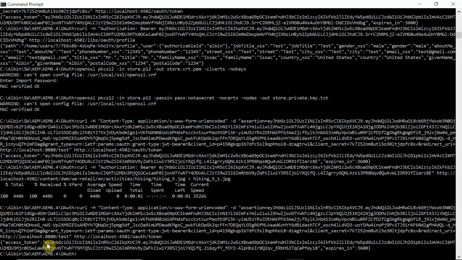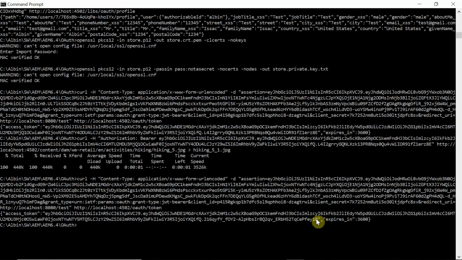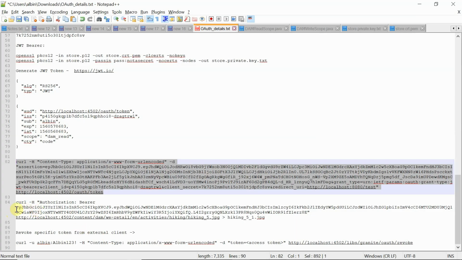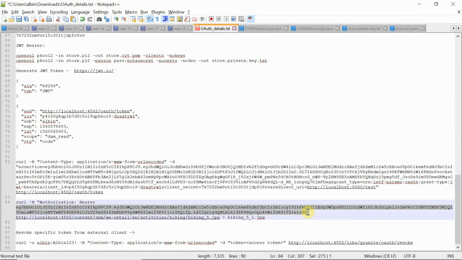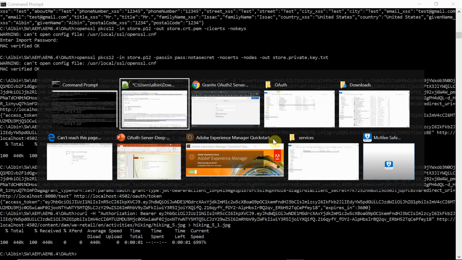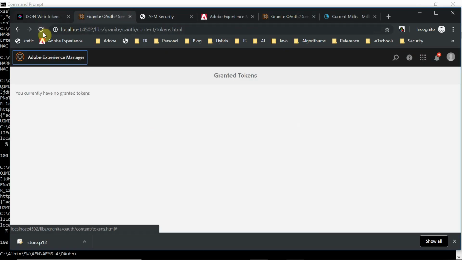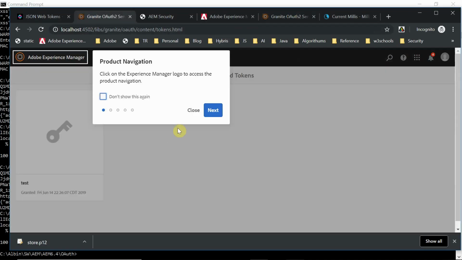Fine, I will take this. It should be okay, but let me perform the operation also. Okay, fine. Now if I go back here, I should be having a token. Yeah, I have a token.